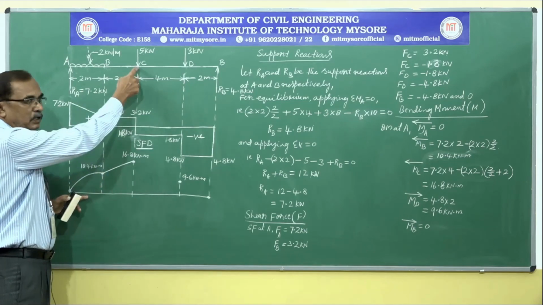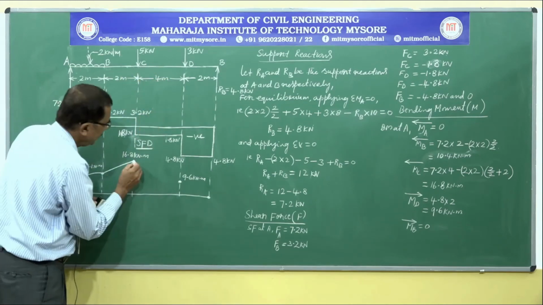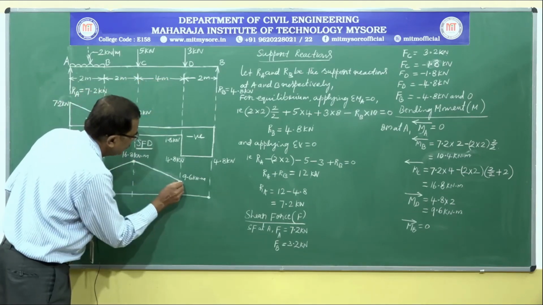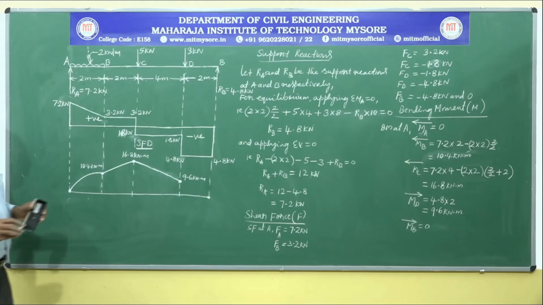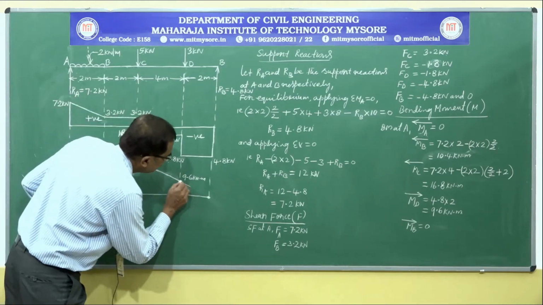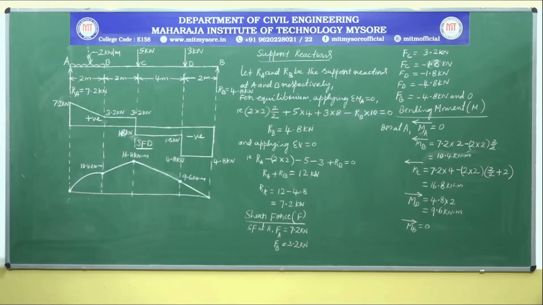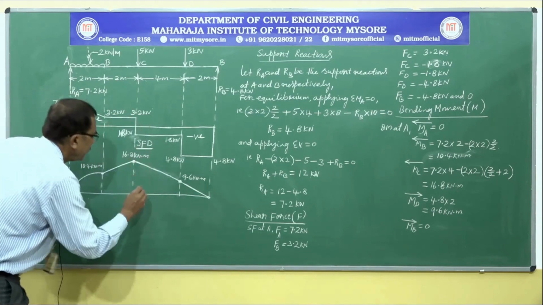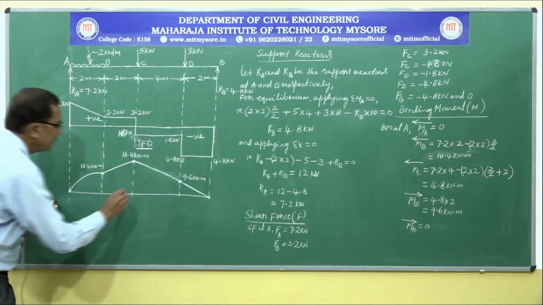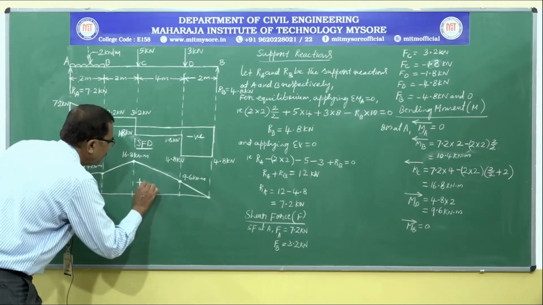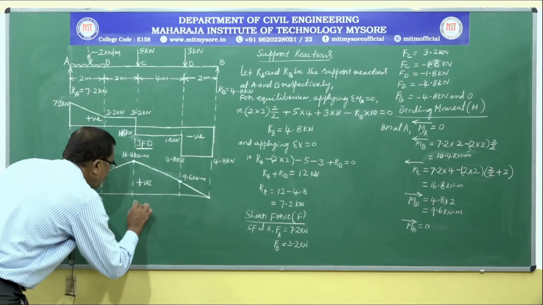Again at point C there is a point load, there is no change in the bending moment diagram. Between C and D, no loading condition, it is again a linear line. Between D and B, no load, a linear line. So this is the bending moment diagram for this loading condition. All the values are positive and the bending moment diagram lies above the reference line, so the bending moment diagram is positive. And designate this as BMD.